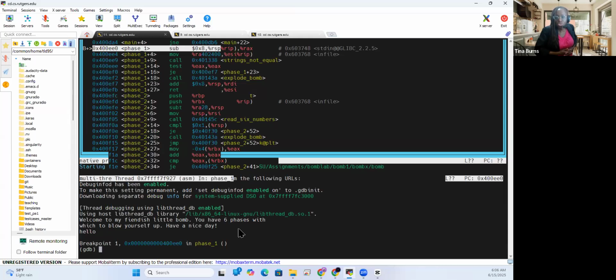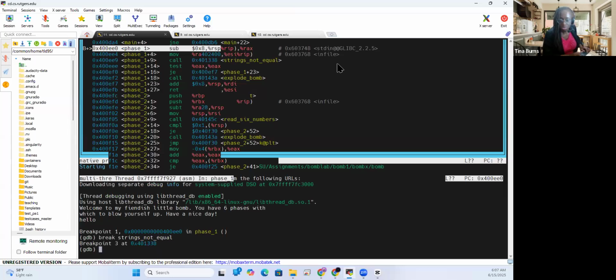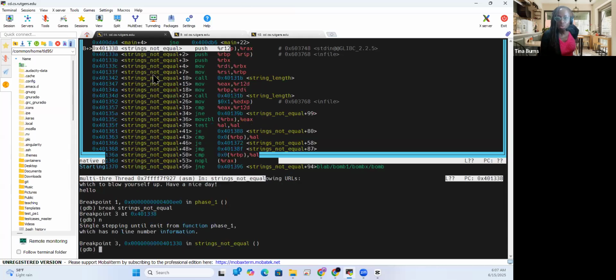Now, what I also want to do is set up a breakpoint at this next function, the strings not equal function. So I'm kind of going through this piece by piece. Okay, now we're at this next portion, strings not equal